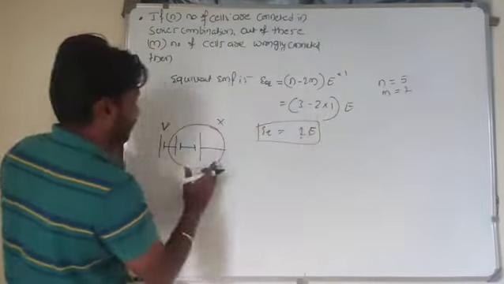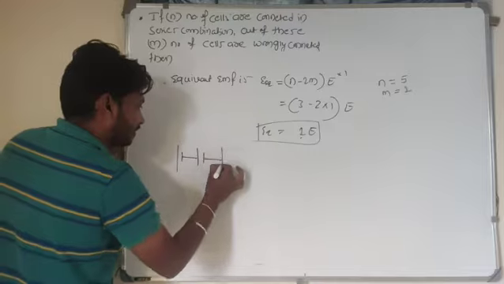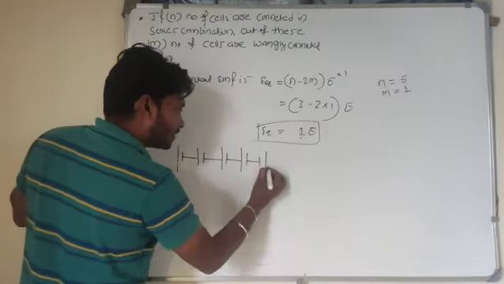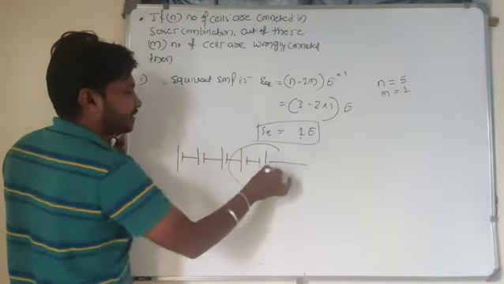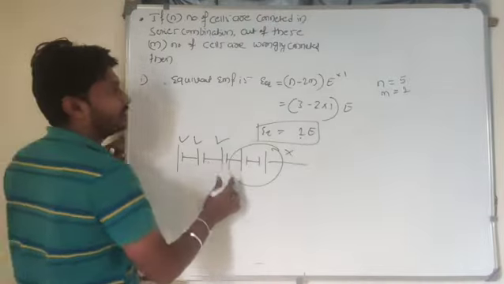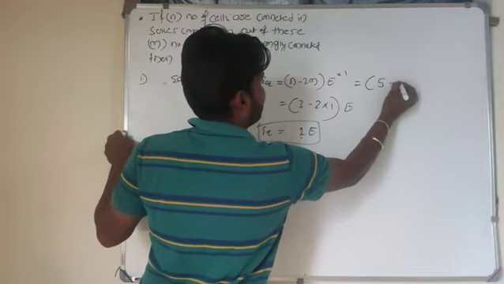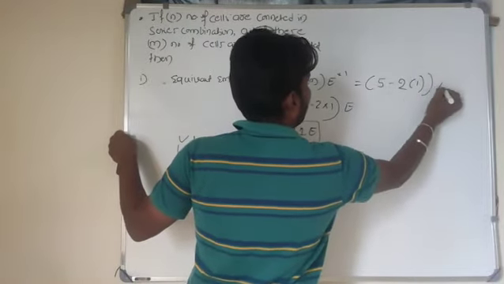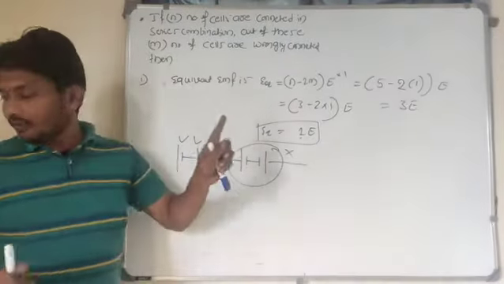And in the second example, here 5 cells are present. I will make you understand. First cell, second, third, fourth, fifth, and out of 5, 1 is wrongly connected. Look here, the negative terminal of one cell is again connected to the negative terminal of the other cell. So how many cells are getting cancelled? 3 are getting cancelled. How many will work here? 3 cells will work here. So with 5 cells, (5 minus 2 into 1, the wrongly connected cell) into E gives 3E here. The same answer we get here. So that is the equivalent EMF I can take.